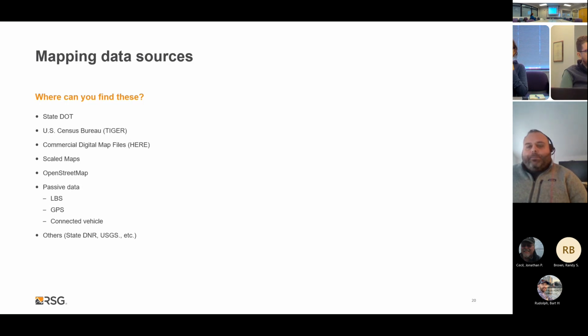There's GPS data. That GPS data is going to be primarily from things like ATRI, where they're providing truck GPS data. And then a new data source that's come out now is connected vehicle data. So if you drive a car that has integrated maps into it and connected to a vehicle call center, that data is now available and has become available in the last 2 years. And that connected vehicle data has things like origin destination data in it too. It also has a really powerful set of vehicle event data around crashes too.